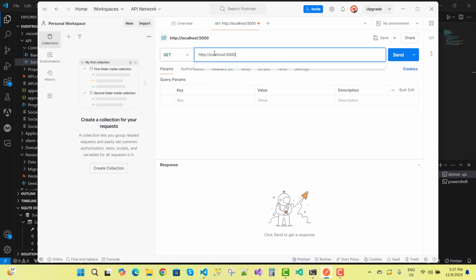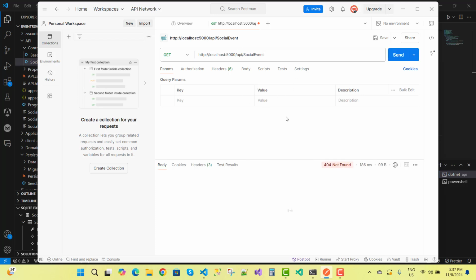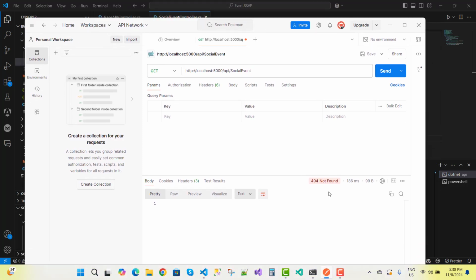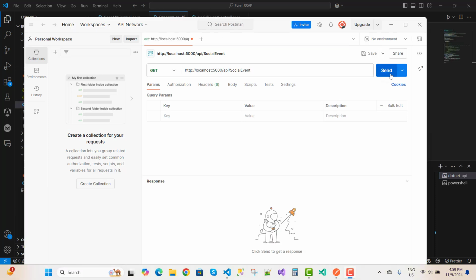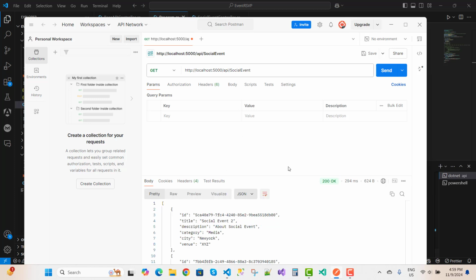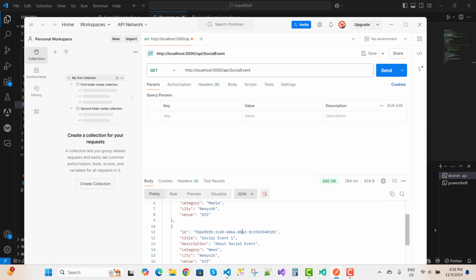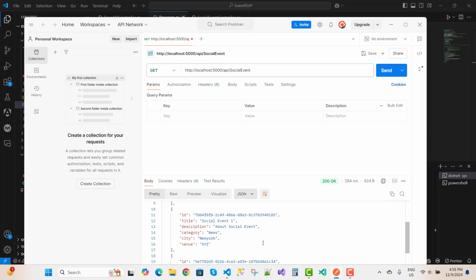First of all, add your localhost slash api slash, and the controller name is socialevent. Then I send the request, and here we have an empty response, because the social event is on localhost 5000. So hit it again, and you will see that your output is there, like ID, title, description, category, city,